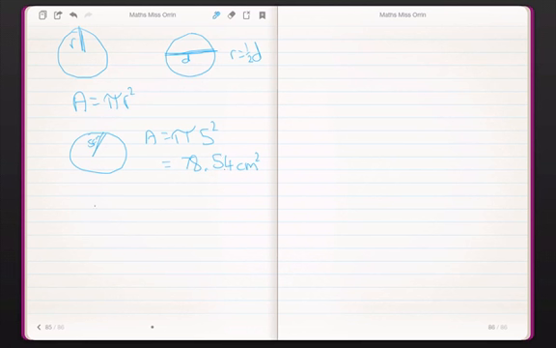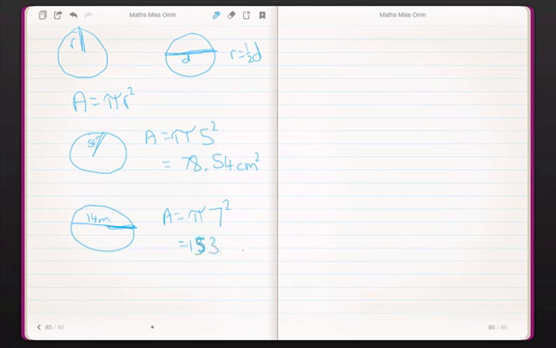That's enough. If they gave you a circle like this and gave you the diameter, first of all, you need to figure out the radius. So it's pi r squared. Now, r would be half of this, wouldn't it? Because the radius is only half of the diameter. So 7 is what we want, not 14. If you put in 14, you will get the wrong answer. So you just put that straight into your calculator, and it's